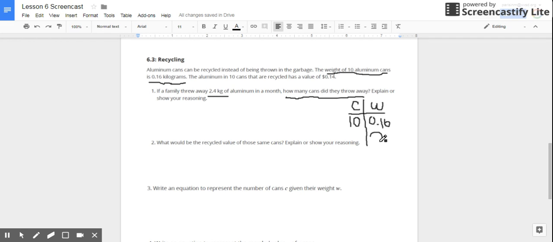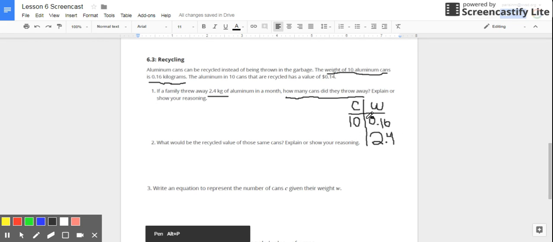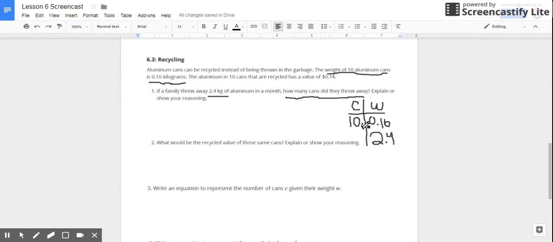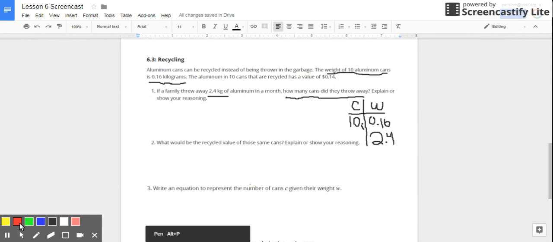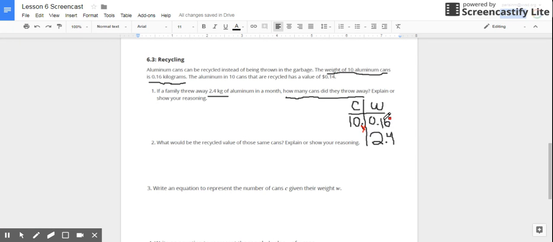So I need to put 2.4 right here in the table, and then I'm trying to find the number of cans. So remember, I need to figure out what to multiply by. 10 times something will give me 0.16. If I don't know what to multiply, I'm going to take out my calculator and type in